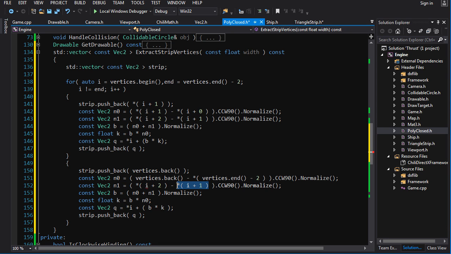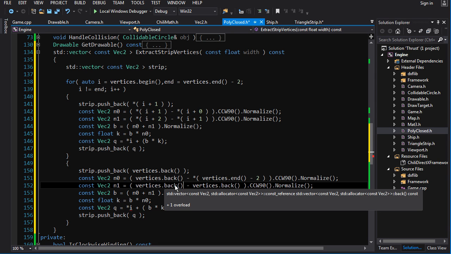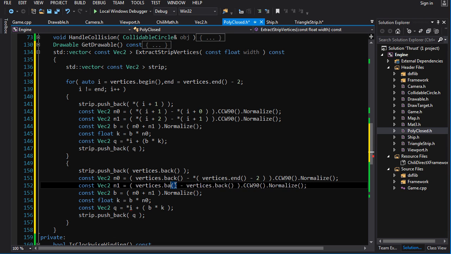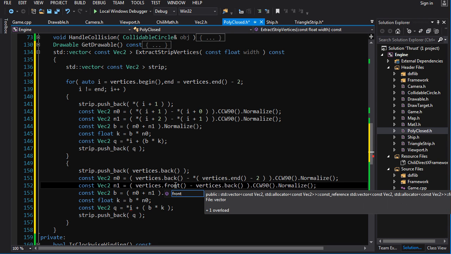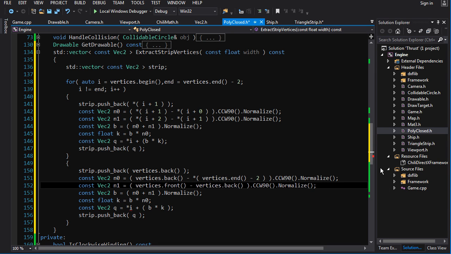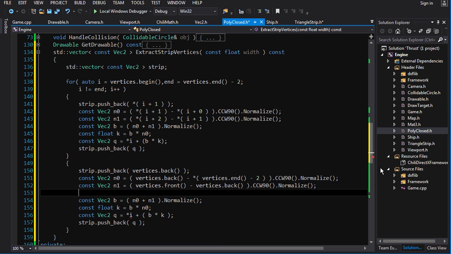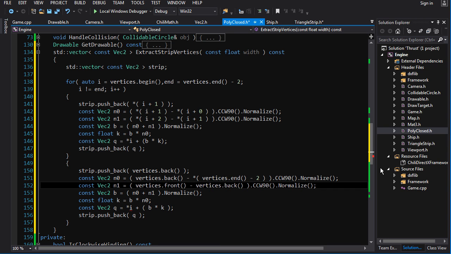And here's vertices dot back, and here's vertices dot front. All right, so far so good, I think. And now we just have our referencing our earlier variables. I is,